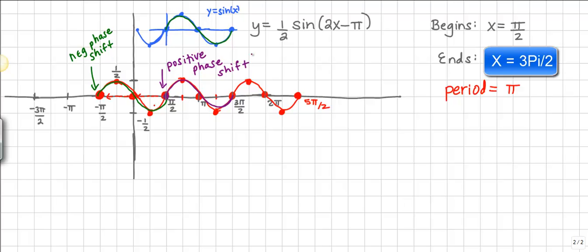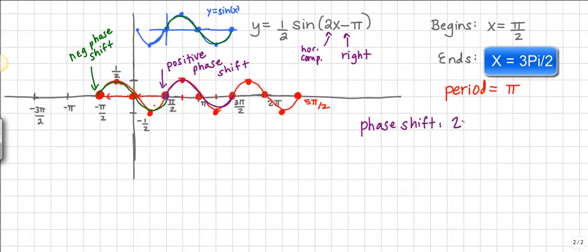But the most natural way to keep it straight is that we're shifting right based upon the minus sign we see inside. We know that this is a horizontal compression, and we saw that part with the period shrinking down to pi. So the most natural phase shift is found for sine or cosine